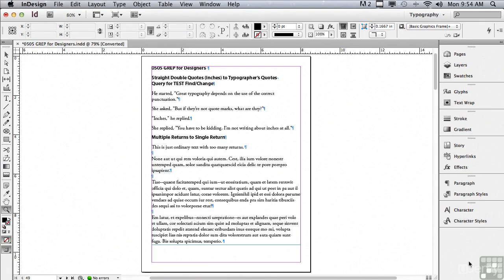What is GREP? It actually stands for General Regular Expression Parser. It's a way of finding patterns in your text and making changes to those patterns. Now, it can involve some code, and I can see all of the artists actually running for cover right now. Well, the good news is you don't really have to use code to use GREP,